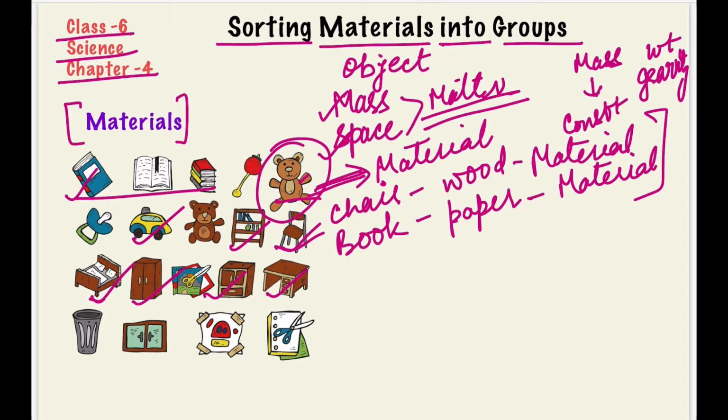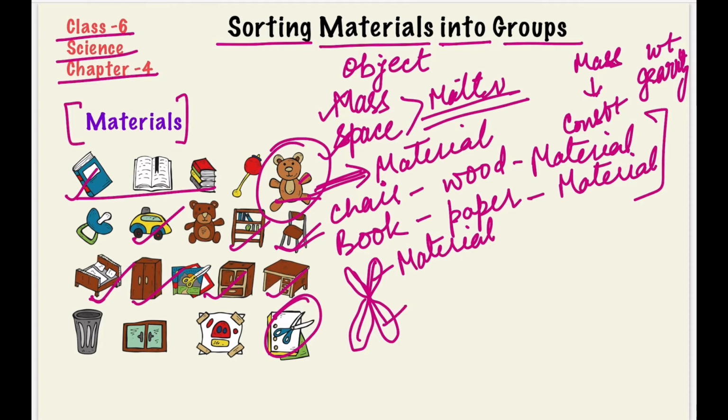So let's take one example of that also. Scissors is made up of two materials. The part from where we cut is made up of one metal, or we can say a material, and where we hold the scissors, or its handle, is made up of plastic or wood, that is also one material. So scissors is an example where we use two materials to make it.